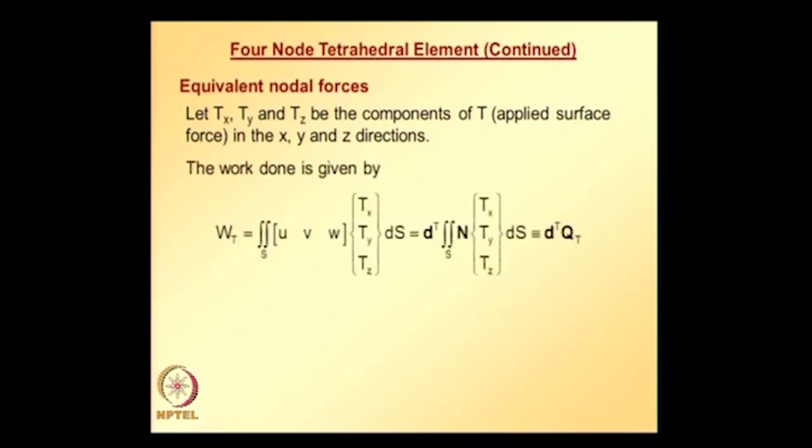So, work done is given by displacement components times traction components integrated over the surface over which tractions are specified, and substituting displacements u, v, w in terms of finite element shape functions and nodal values, we get what is given on the right hand side of this equation, which can be further simplified as d transpose q,